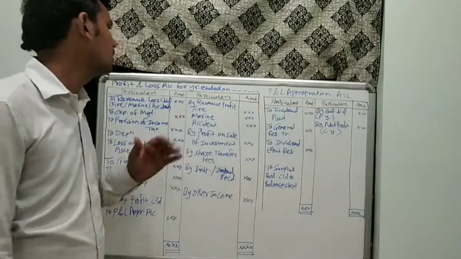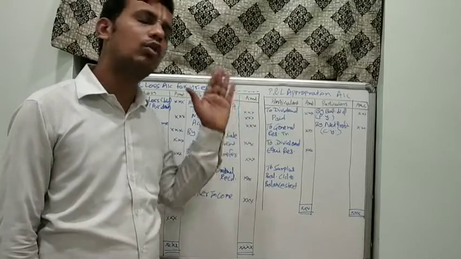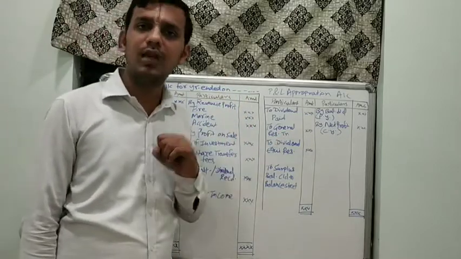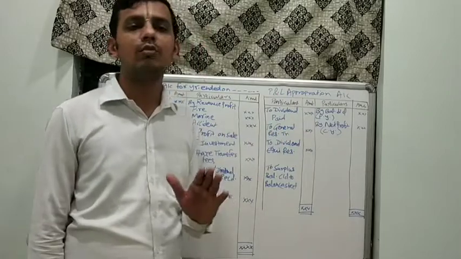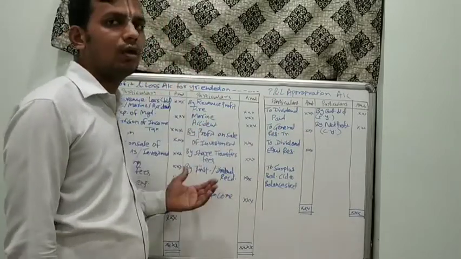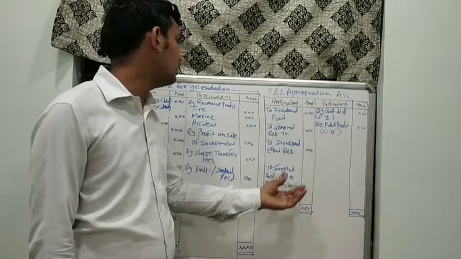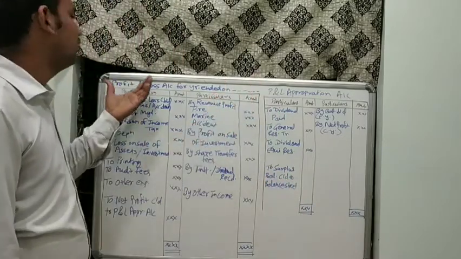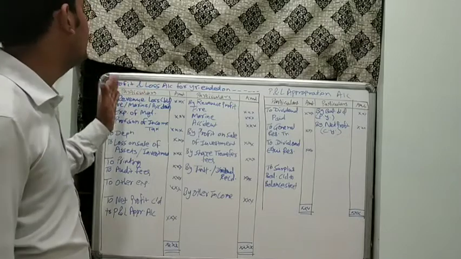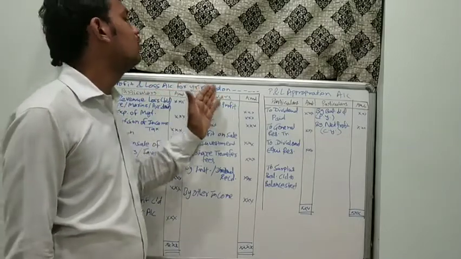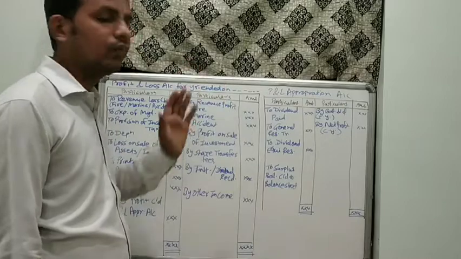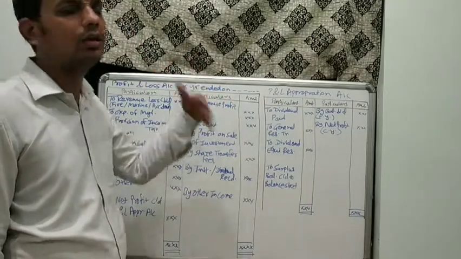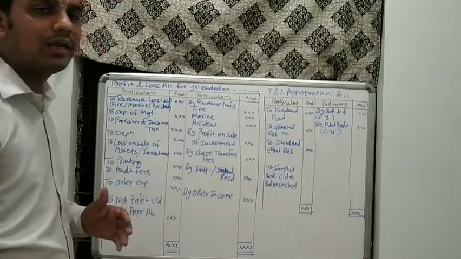As we have said earlier, the format is quite similar to the final accounts we were preparing in the earlier part of our academic life. So a similar account is to be followed: P&L account first of all, then appropriation, and later on balance sheet. Starting with the P&L account, we have to start with the heading, profit and loss account for the year ended on whatever date is given, say the 31st March 2020 or 21, whatever date is given would be taken there.